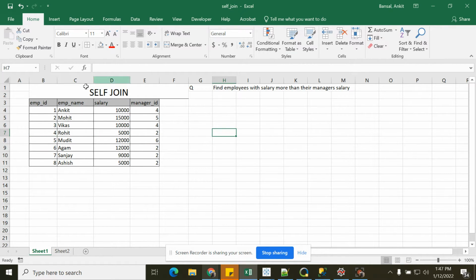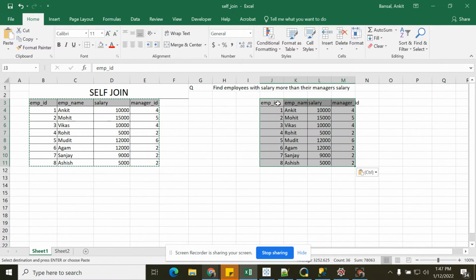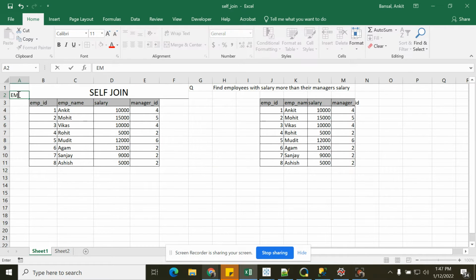In self join, what we do is create two instances of the same table, right? Let's say you have another instance of this table here. Then we will join these two tables. Let's say this is the employee table and this is the manager table.